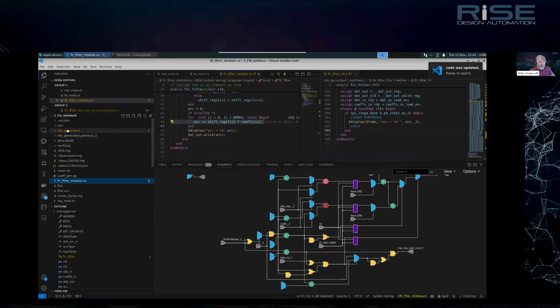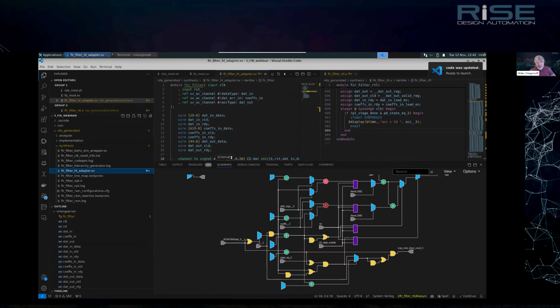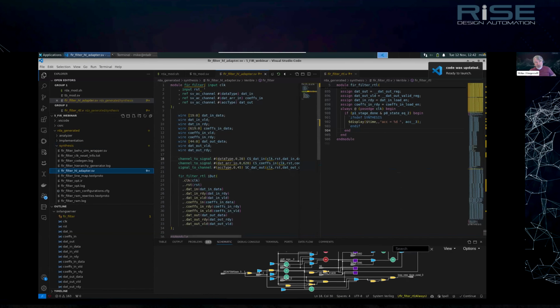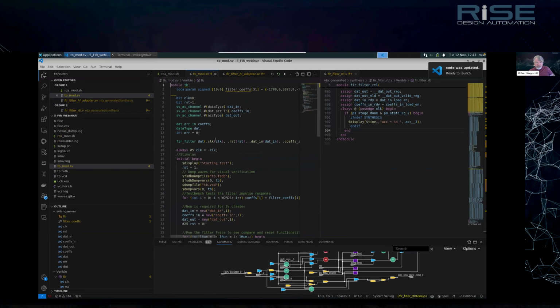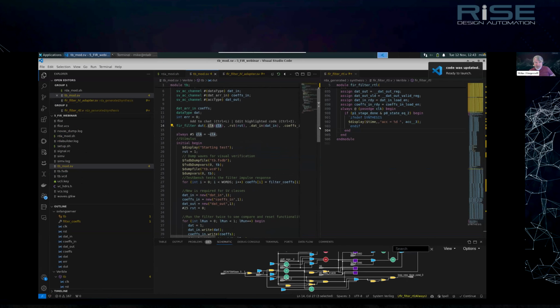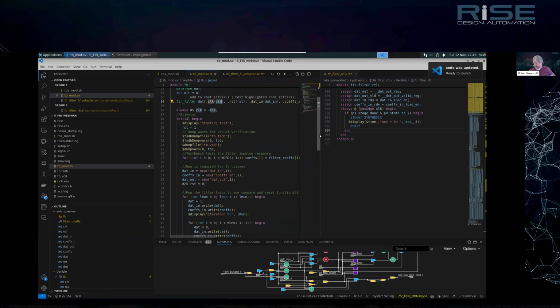One last thing I'll show you before I hand this over to Alan is how do we know that this is correct? And so what we have done is we have auto-generated a verification adapter that has the same module declaration as my original behavioral model. And in that, it has transactors that are converting to and from signals. So basically, it's converting from behavioral to RTL and back to behavioral, and it's running the RTL under the hood. So if you look at my test bench here, where I instantiate my behavioral RTL, I can swap that out with the generated RTL,